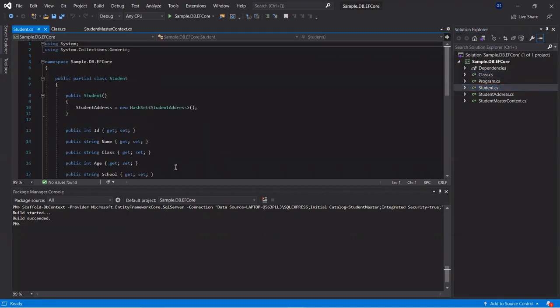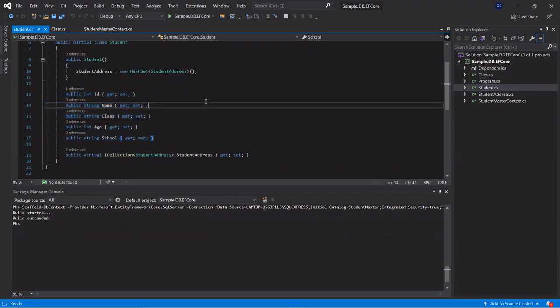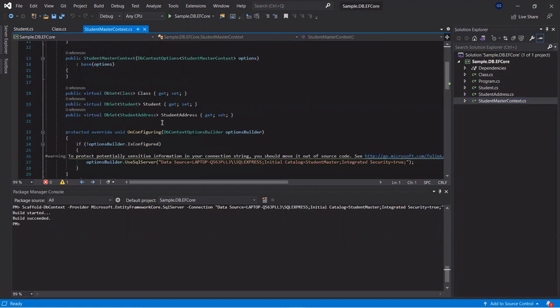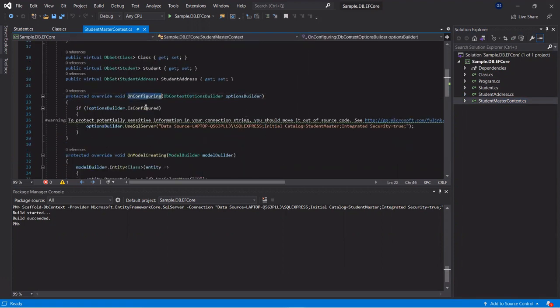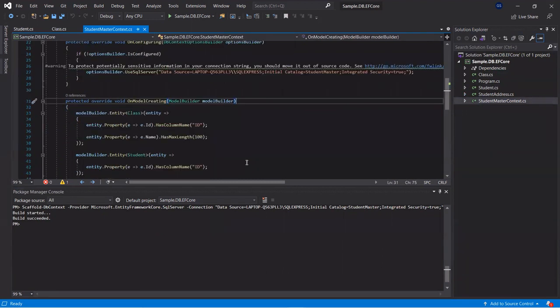Let's go to student also, which is similar to our database structure. Here it has created the student address and the class, and the student master context file is created. If you go here, you will find DbSet created, and also in OnConfiguring it has given the connection string. In this way you will create the models from the database.